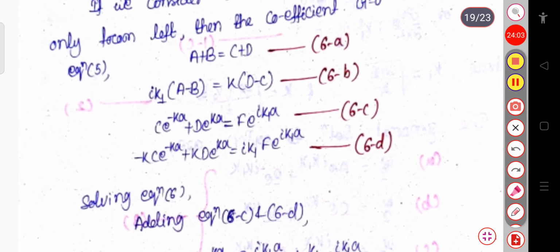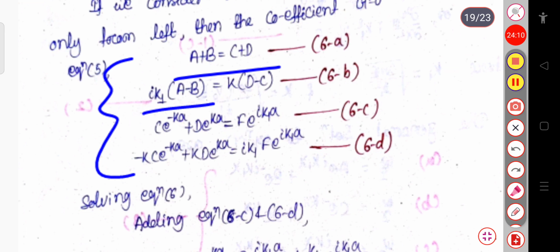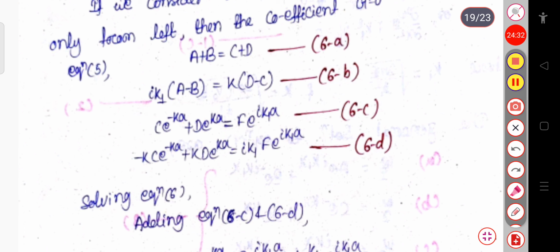So here these are your equations: A plus B equal to C plus D, iota k1 into A minus B equal to k into D minus C, and C exponential minus k a plus D exponential k a equal to F exponential iota k1 a, and minus k C exponential minus k a plus k D exponential k a, that is equal to iota k1 F exponential iota k1 a. Okay, so now you will get the four expressions, and if you solve these equations,